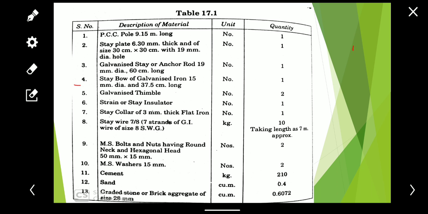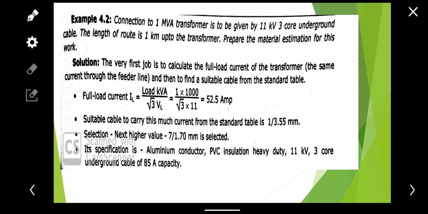MS bolt and the nuts having the round neck and hexagonal head 50 mm by 15 mm. It is 2. Then MS washer 15 mm, 2. Cement 210, sand 0.4 cubic meter and grinded stone or the bricks aggregate of size 28 mm. So it is 0.6072 cubic meter. So these are the description of the material. Next numerical is